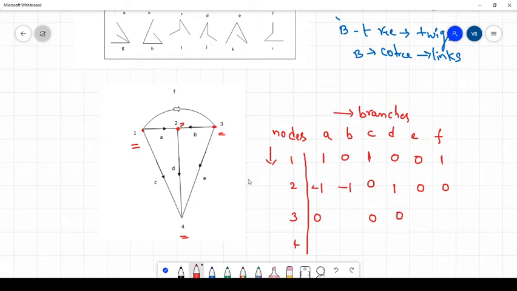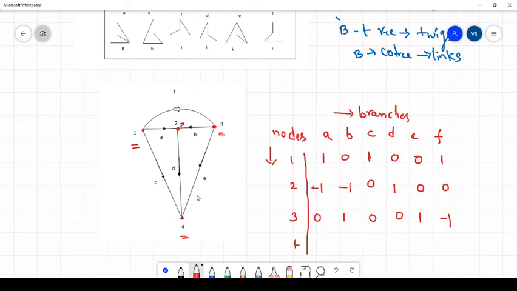So remaining values you note down depending upon the direction. So for the third node, B is connected which is away from that node. So that value we should take as 1. E is connected, that is also away from that particular node. That value we should take as 1. Next F is connected, that is towards that particular node. So we should take that value as -1. Okay, clear? So next fourth node, the last, fourth node.